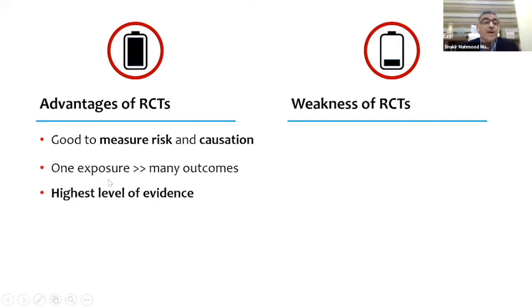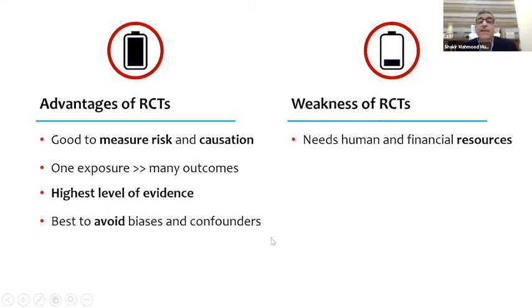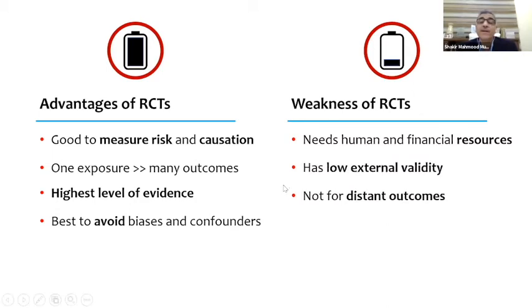ممكن اكسبوجر واحد، يعني السموكر نسوي فولو اب على الديفلوبمنت اوف سي او بي دي، ديفلوبمنت اوف سي اي لانج، ديفلوبمنت اوف اسكيميك هارت ديزيز اتسترا. ومثل ما قلنا هو الهايست ليفل اوف ايفيدنس، والوحيد يمكن اللي يخلينا نخلص من الانون كونفاوندرز. الويكنسز طبعا يحتاج فلوس هوايه ويحتاج وقت كلش هوايه، وايضا بالنسبه للاشياء الاوتكم تتاخر، يعني الاكسبوجر اللي الاوتكم مالته يتاخر